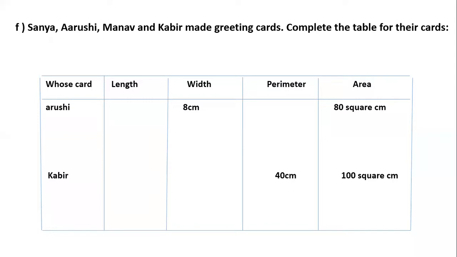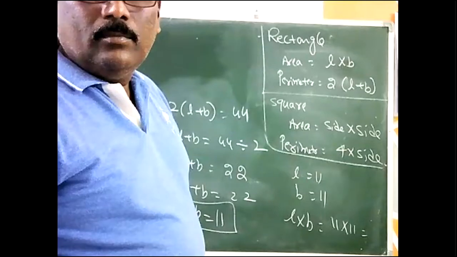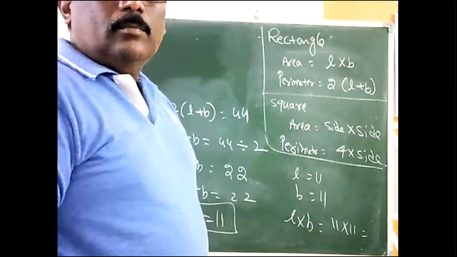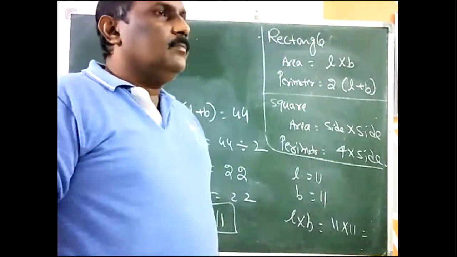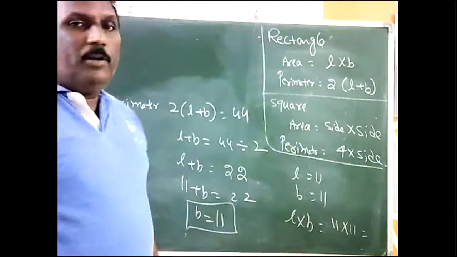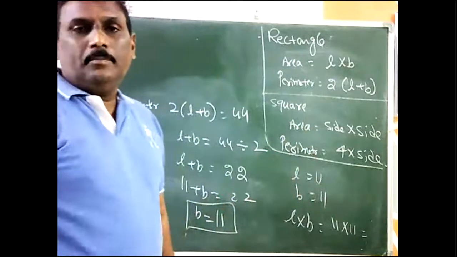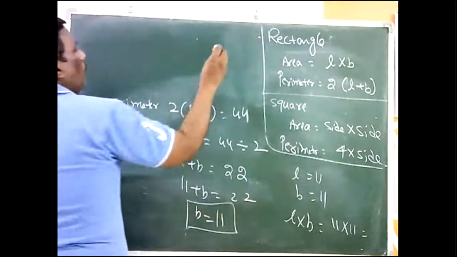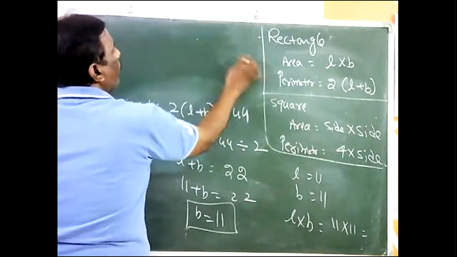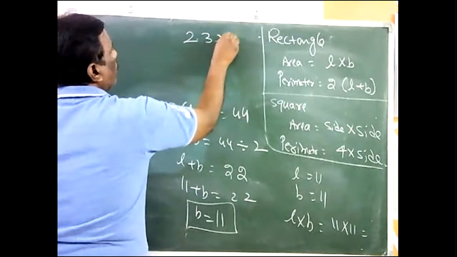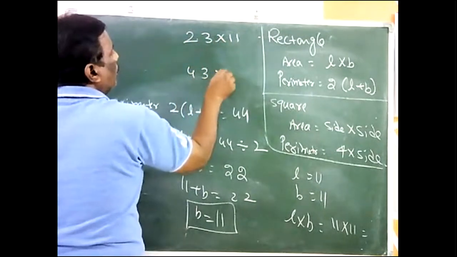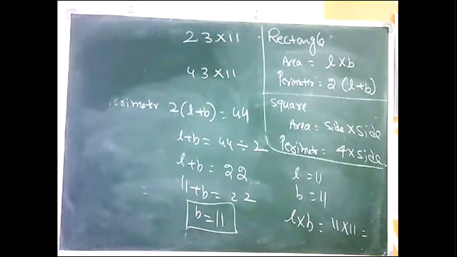In fact, you know, there is a shortcut to multiply 11. How many of you know? Sir, I know, sir. Sir, there's a trick to multiply 11 into 11, sir. Not only 11 into 11, any number into 11. Yes, sir. Just the number itself. So, like 2 into 11 is equals to 22.